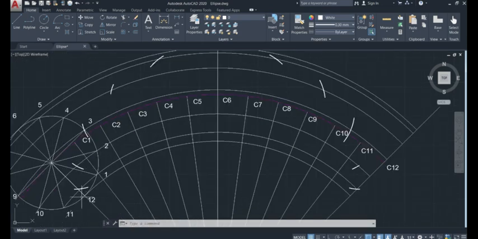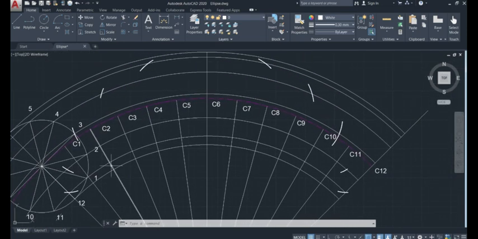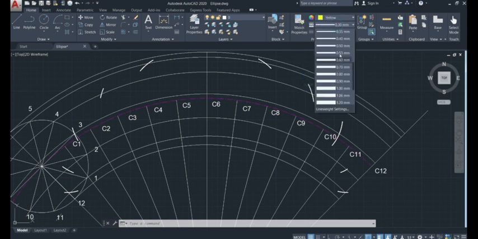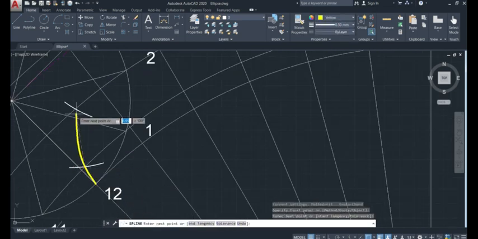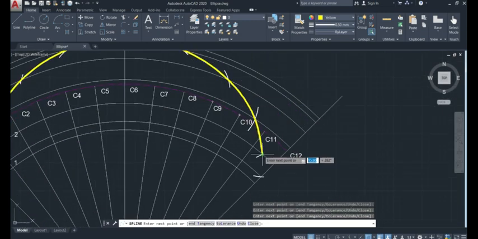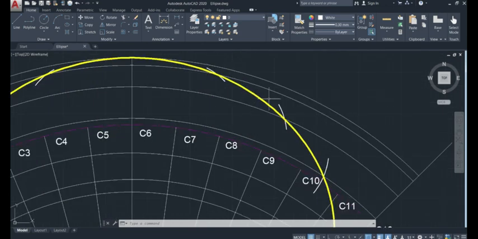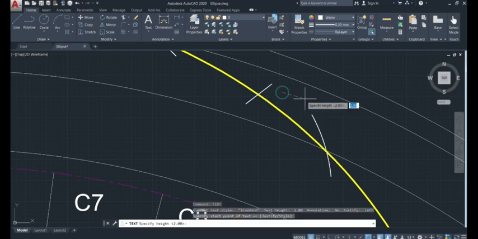Finally, we can connect these different intersection of arcs for getting the required epicycloid, like this is the required epicycloid. The last procedure is to draw tangent and normal. So for that we have to mark any point on the epicycloid. Let's say I am going to take a point here. Let's say this point is considered as P.